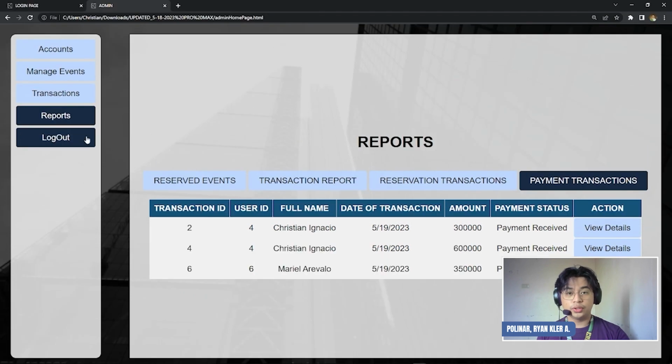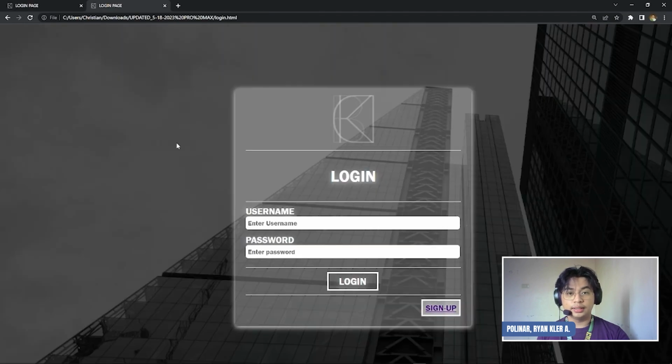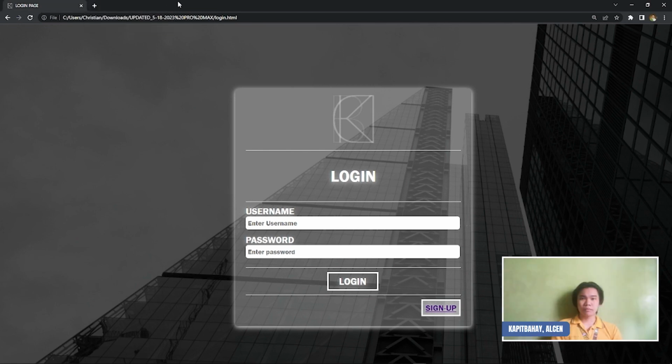Once both user and admin are satisfied with their transactions, they can now log out, which will bring them back to the login page. And that concludes the presentation of our final